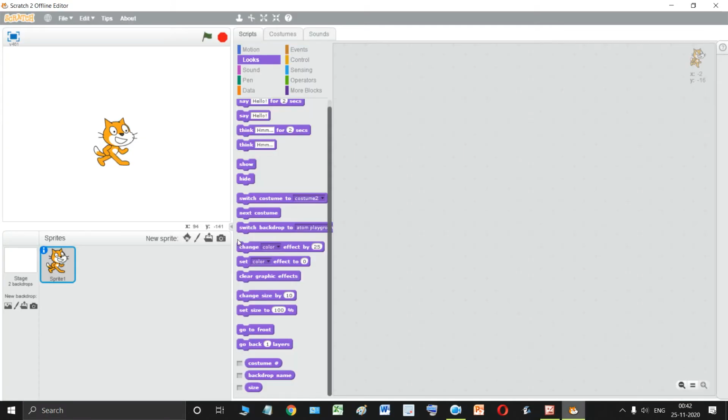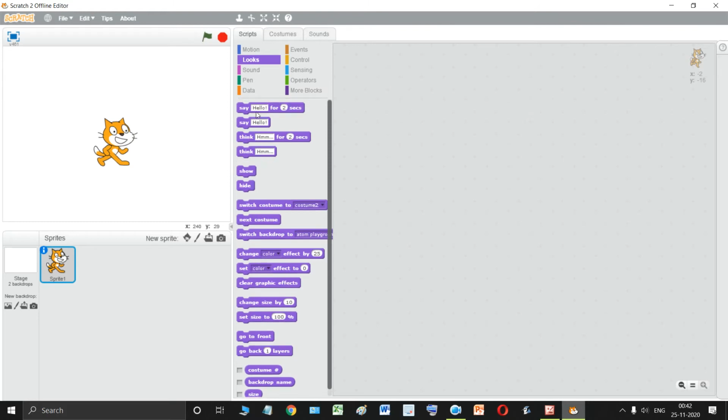First, let me show you what this say hello for 2 seconds bubble looks like. Suppose this is my sprite. I go to the looks and say hello for 2 seconds. So if I click on this, see, hello is popping up, and after 2 seconds it disappears.